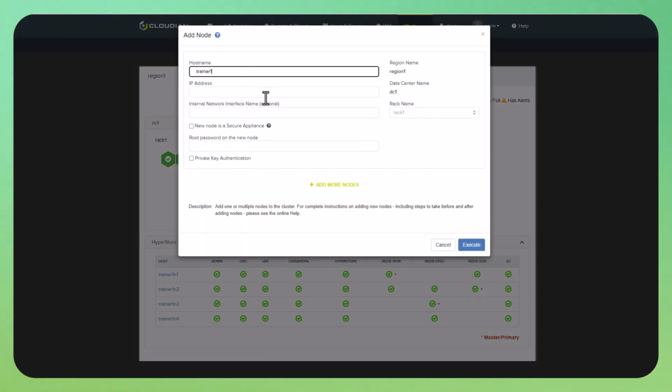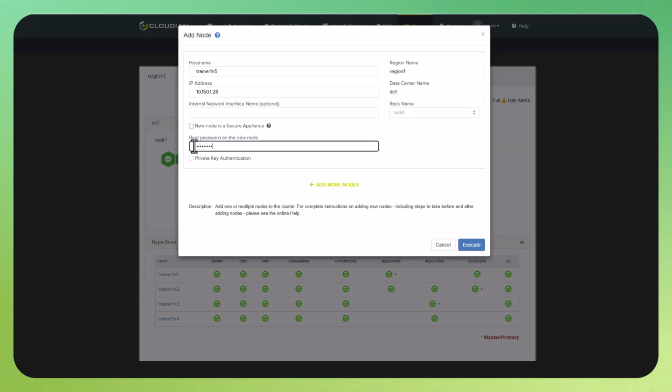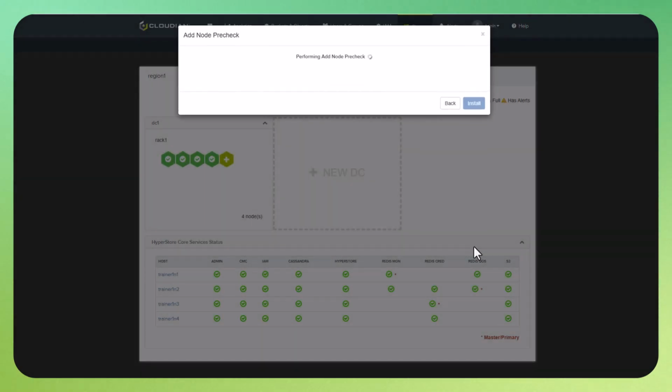We must complete the node information fields for the new node. If we're adding multiple additional nodes, we should select Add More Nodes and repeat this process. Click Execute. The system will first run a pre-check to confirm that each of your specified new nodes can be